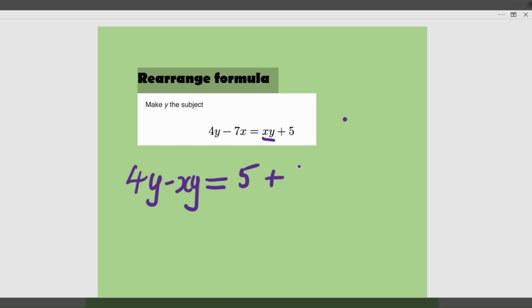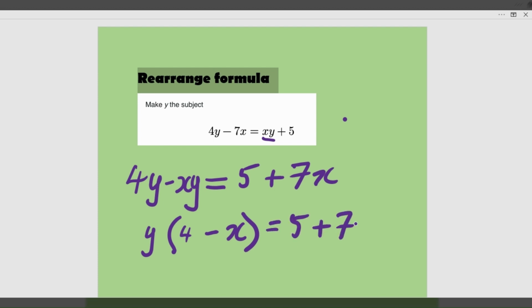And 5 plus the 7x, taking the 7x over to the other side. Right, now what I can do here is I can factorise with the y and call that 4 minus x. Okay, so y times 4, 4y, y times x minus xy is equal to 5 plus 7x, which means that